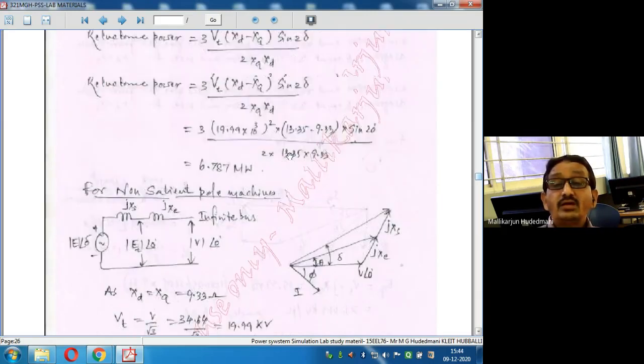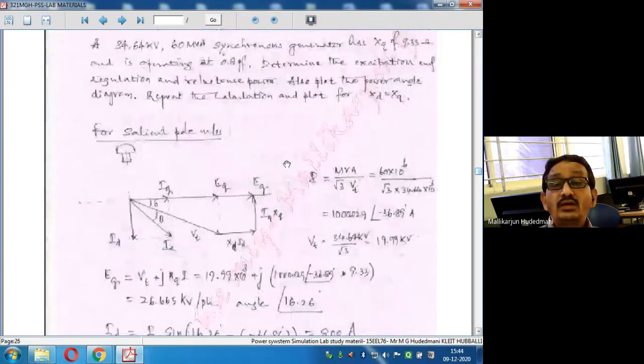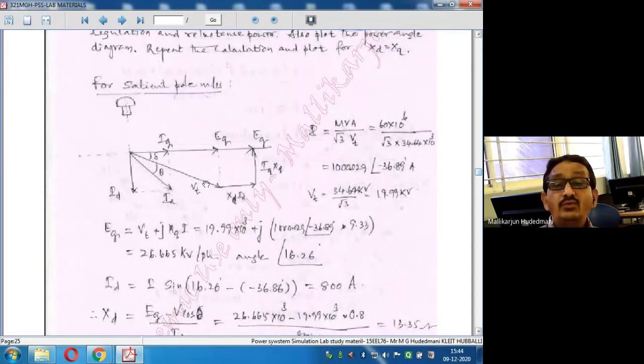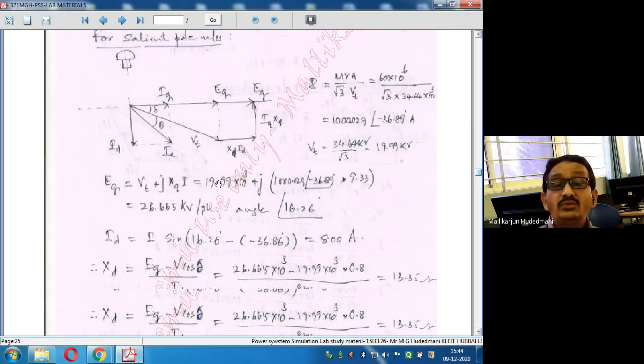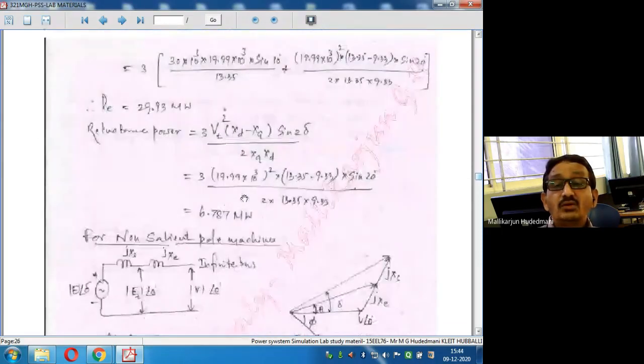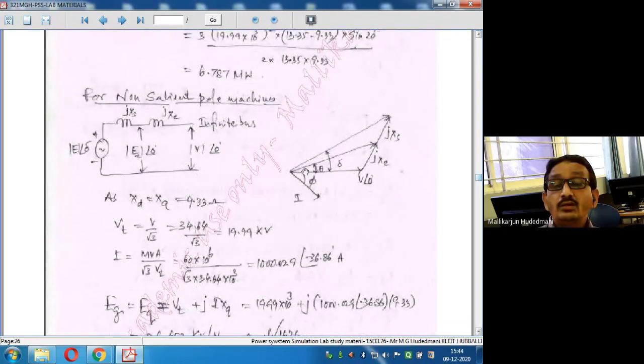It was the same. I will go back and show you what was the angle we were seeing: Eg and Vt. This was the angle delta. Now the same thing we are getting here in simple terms. What am I getting? Terminal voltage V, and at the tip of this, perpendicular to the current I, Xs into I. So this becomes perpendicular to the voltage axis. When I join that with the origin, this becomes the internal voltage Eg.